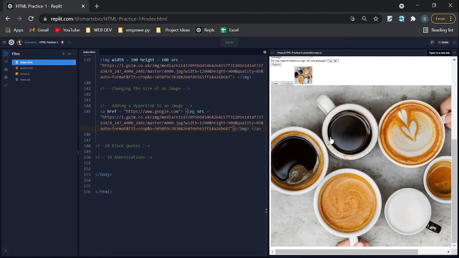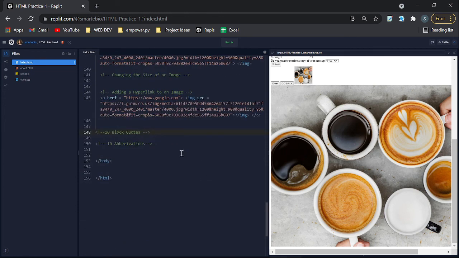Now, the last thing I want to show you is block quotes and abbreviations. So these are basically, how do you call this? These are semantic tags. So they're basically tags that could be used for styling in HTML. Like it may seem like it's styling, but really they're not. It's just used to tell the browser more information